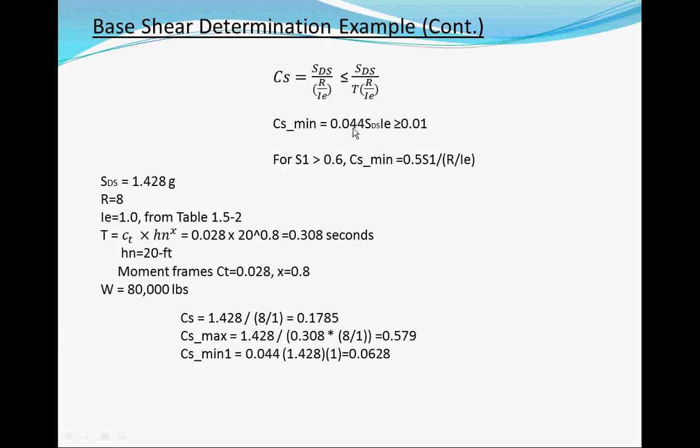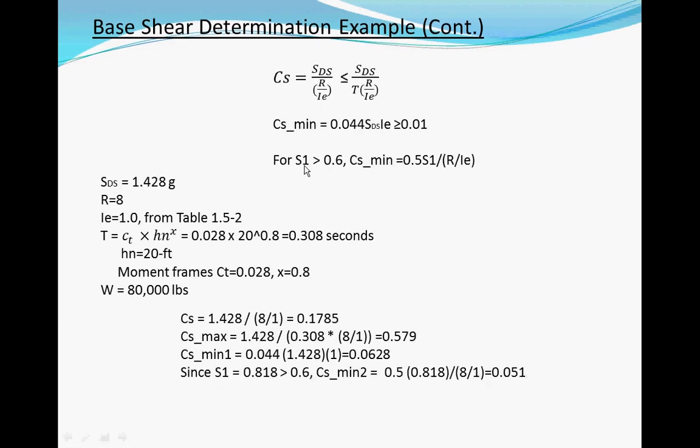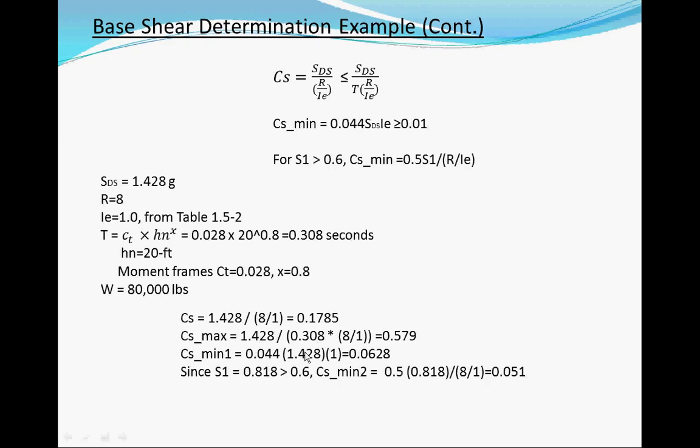The minimum, what I call minimum 1, is 0.004 SDS IE. Get 0.00628. So you have to design for a minimum. You can't go less than that, and you don't have to go more than the other one. However, since our S1 value is greater than 0.6, we have to check the second one as well. So the second one actually becomes a smaller number. So at the end, our CS is